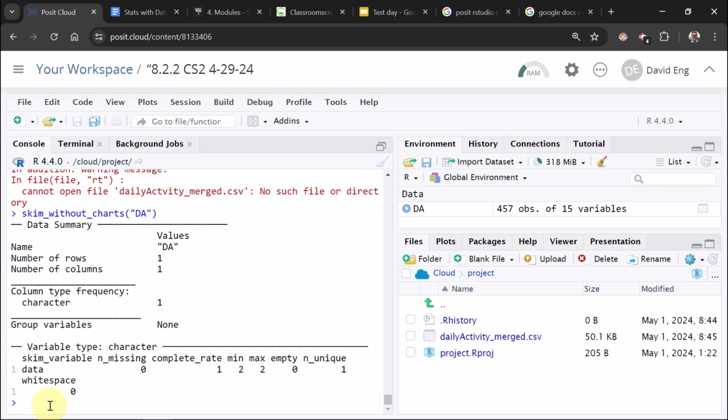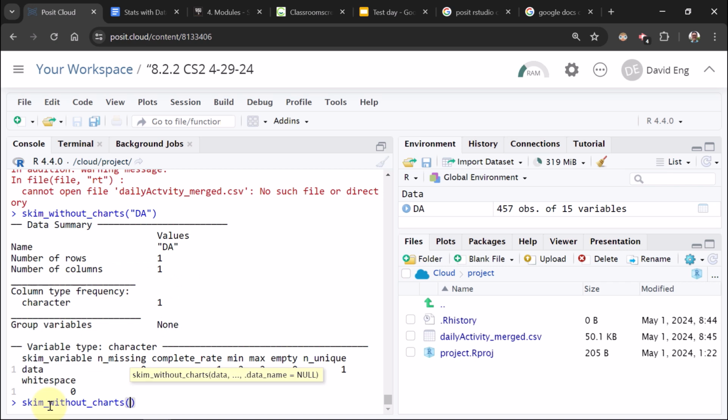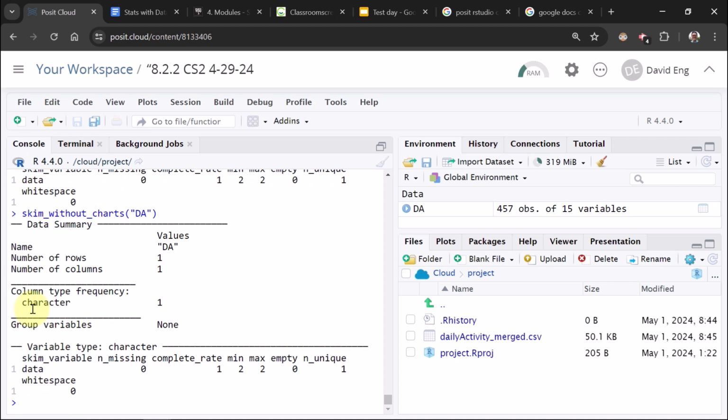The first one you typed in, skim without charts. What does it tell you? It's going to tell you the name that you assigned your CSV file. And number of rows was 1, column was 1, correct? Okay, the next one.